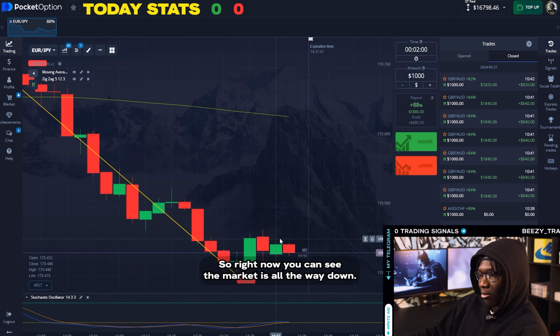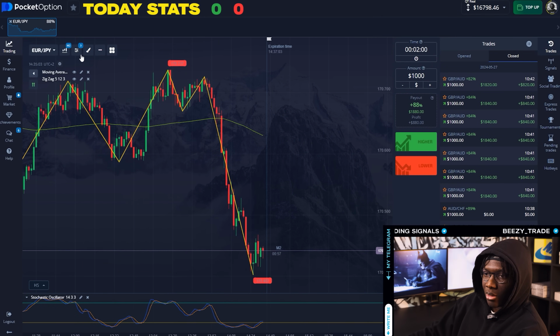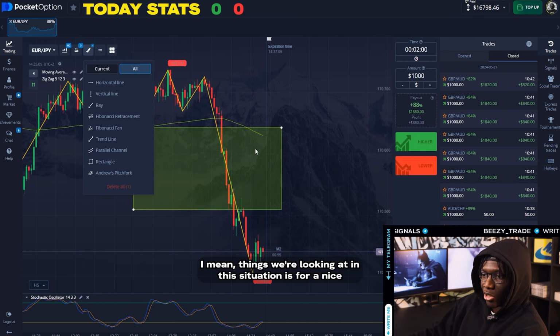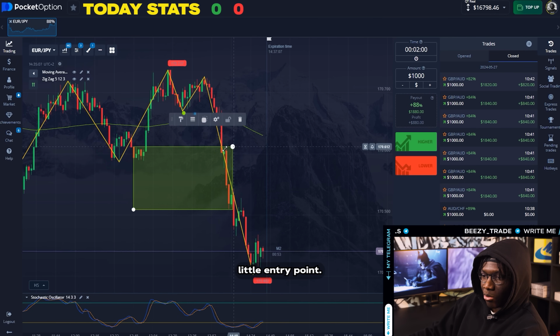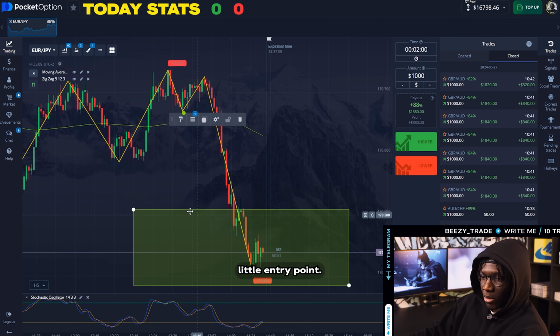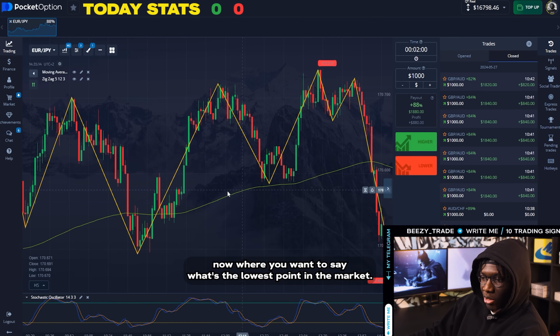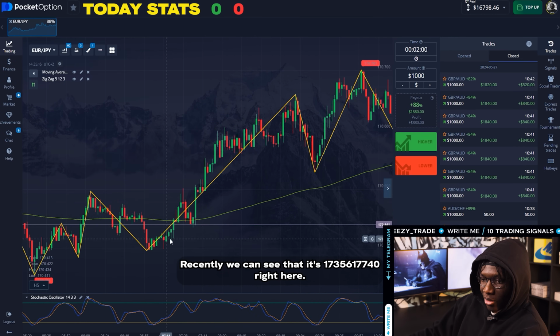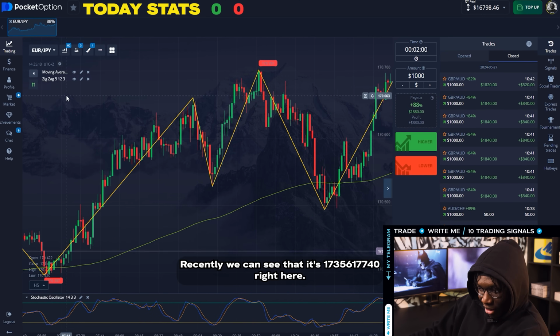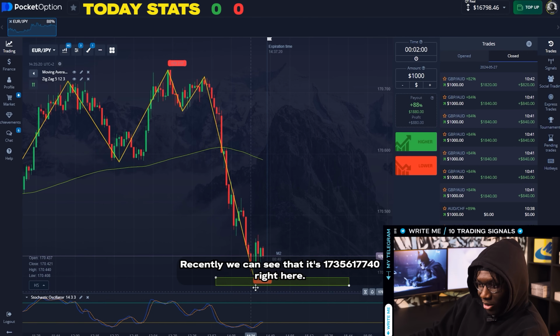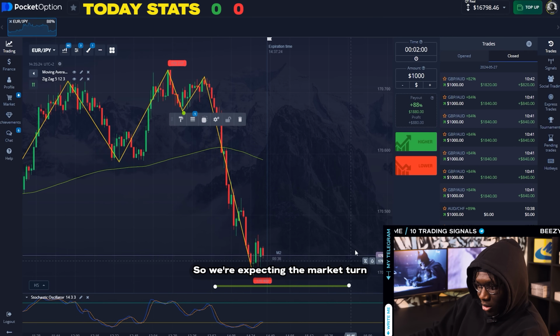So right now we can see the market is all the way down. One of the things we're looking at in this situation is a nice little entry point. Now right here, we want to find what is the lowest point in the market recently. We can see that it's 173.56 and 177.40 right here. So we're expecting the market to turn